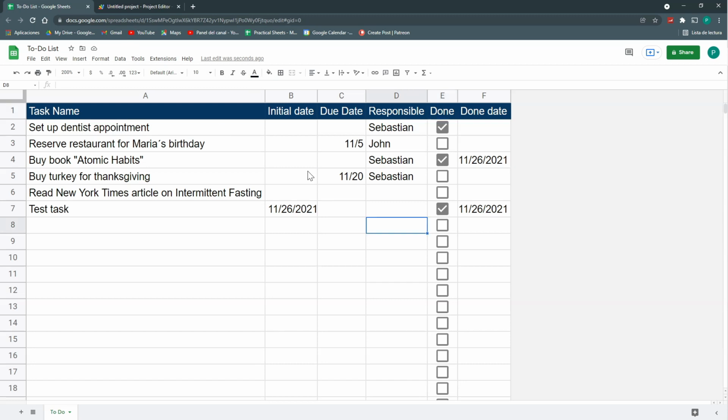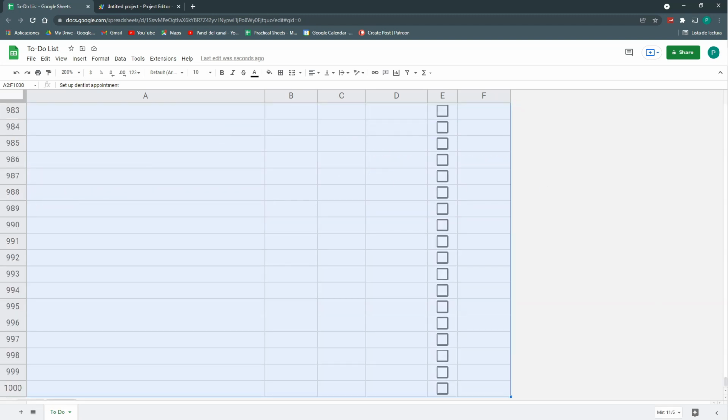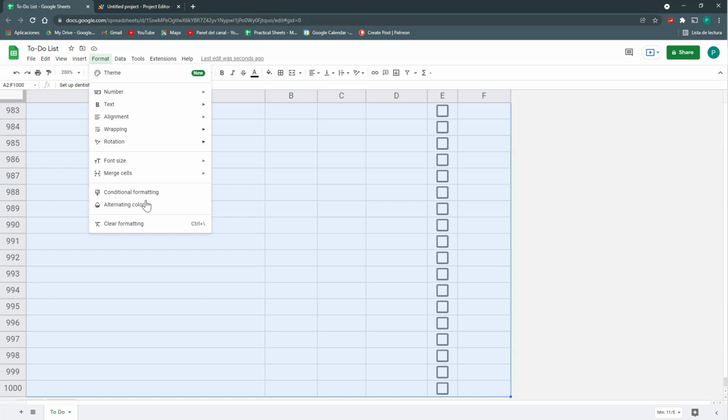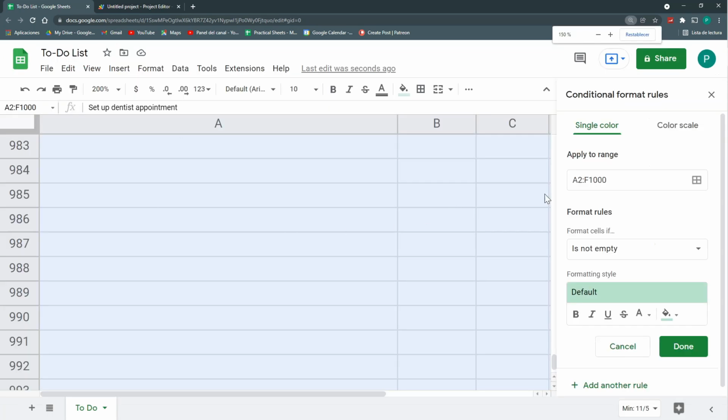Finally, I'm going to add some conditional formatting similar to the template we saw at the beginning of the video. I'm not such a fan of this. I prefer to do it another way, but I think we will cover this in the next video. For now, let's just keep it simple with a conditional formatting. I'm going to select all this range from A2 to F, final F. Let's go to Format, Conditional Formatting, and we're going to apply to this range, and the format rule will be